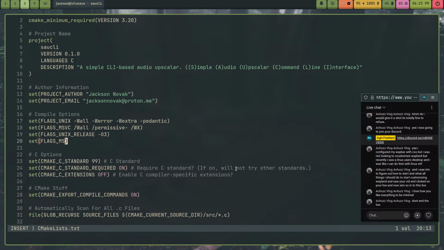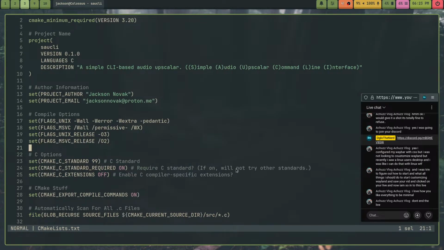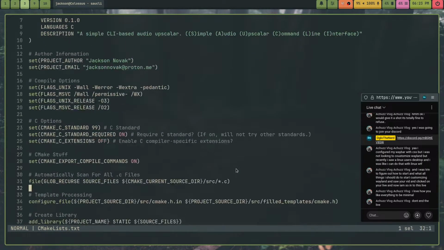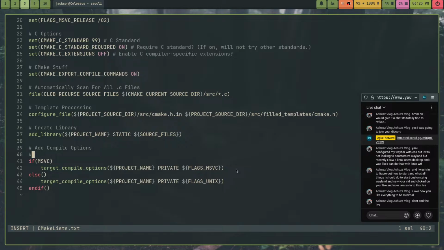Flags MSVC release will be O2 because MSVC is actually quite aggressive. And then I want to say down here, if CMAKE_BUILD_TYPE matches release,